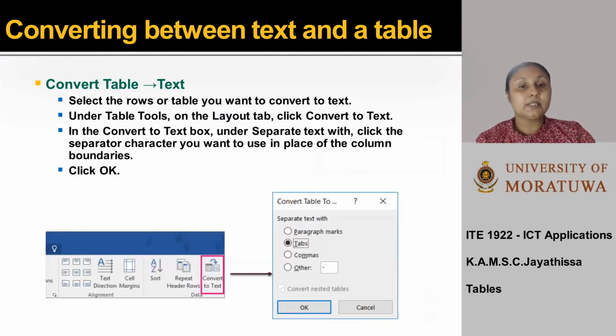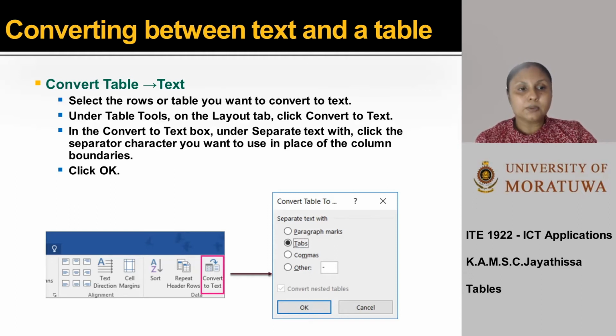And convert table to text. Select the rows or table you want to convert to text. Under the table tools on your layout tab, there is an option called convert to text.